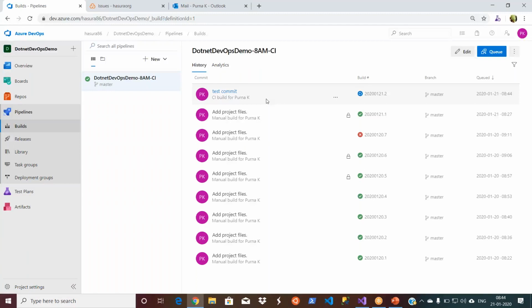Let it go. Now the concept I'm going to talk about next is running the same analysis from your local PC. Whenever you do a check-in, it will go and run the build and do the code analysis, but it's a time-consuming process. And most of the time, you will not push the code till the end of the day. Sometimes we don't push the code even for a sprint. Probably at the end of the sprint, developers push the code and do the code analysis.